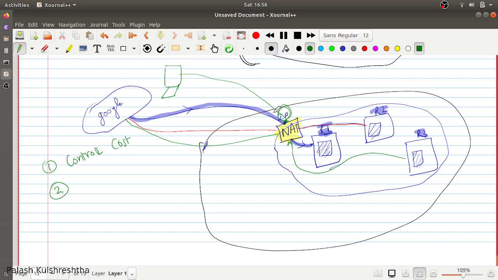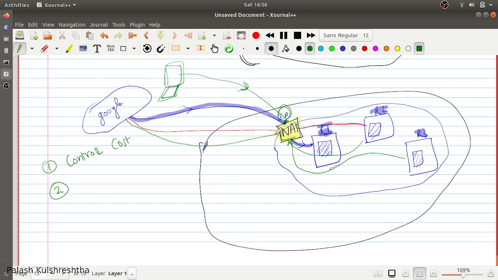So they are going to send that malicious traffic to the public IP address of the NAT. And since the NAT service is designed in such a way that only requests from inside can go out and their responses can come back, there can be no establishment of connections from outside to the inside servers. So when an attacker wants to access the servers R1, R2 or R3, they won't be able to.